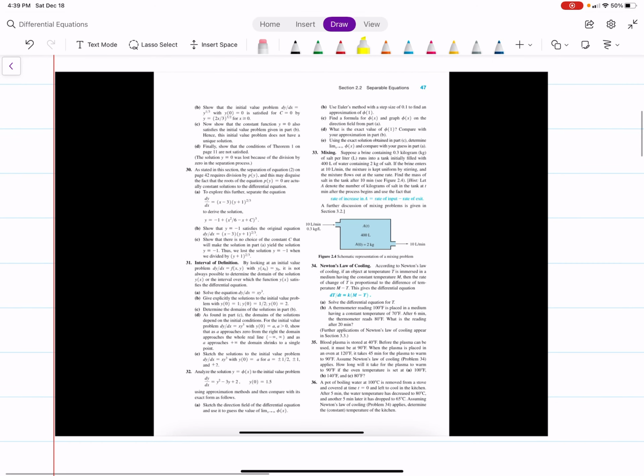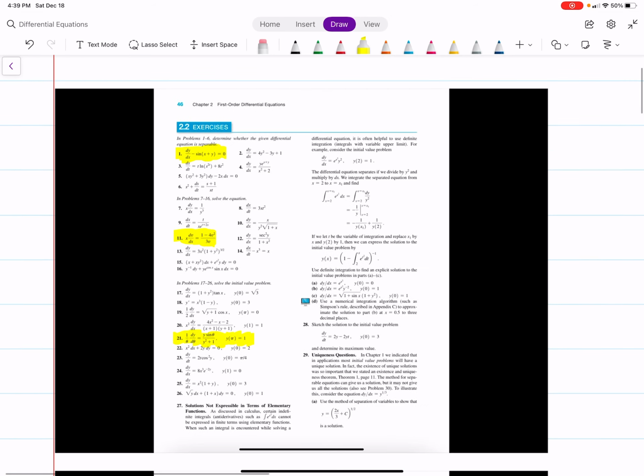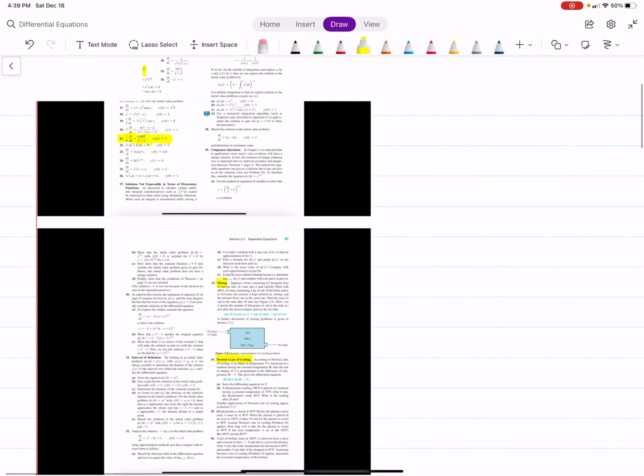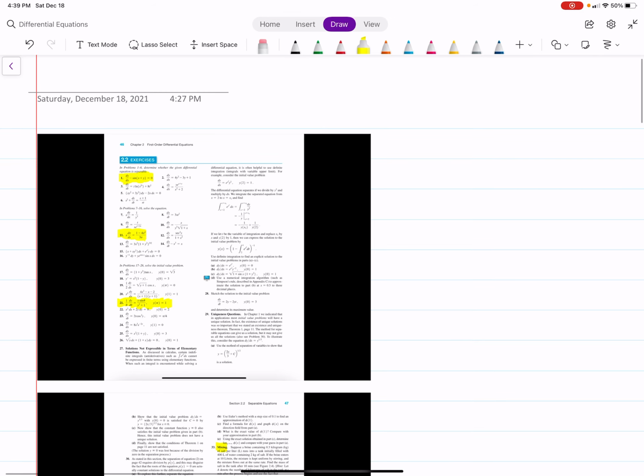And the two big problems are the mixing problem and Newton's law of cooling. Both a little more challenging word problems. So I think those are good to go over. So those are going to be the 1, 2, 3, 4, 5 problems to do. I'm going to try to do a video and upload a solution for it later. But not too bad of a section. After I do that, we'll move on to, I believe it's integrating factor next. So hopefully this